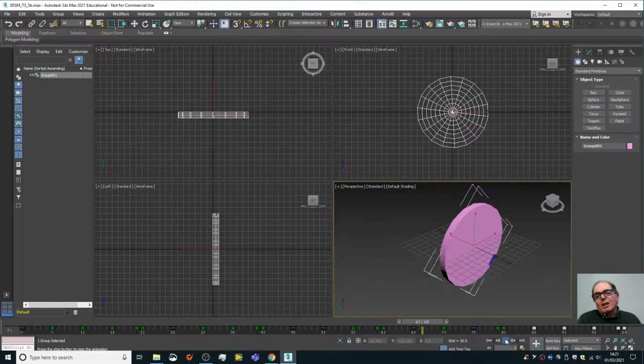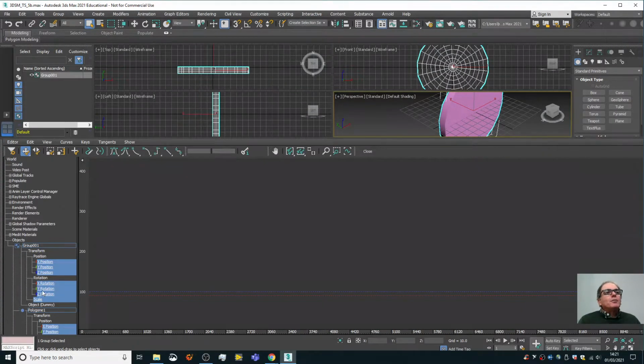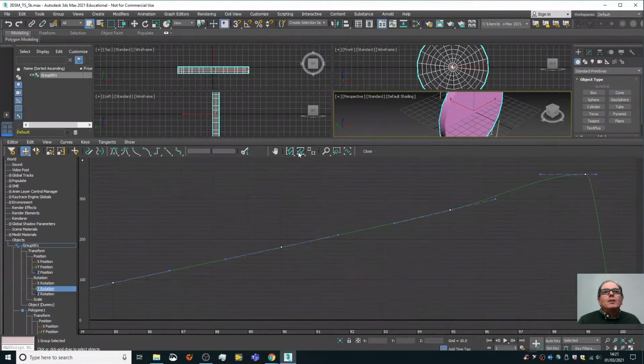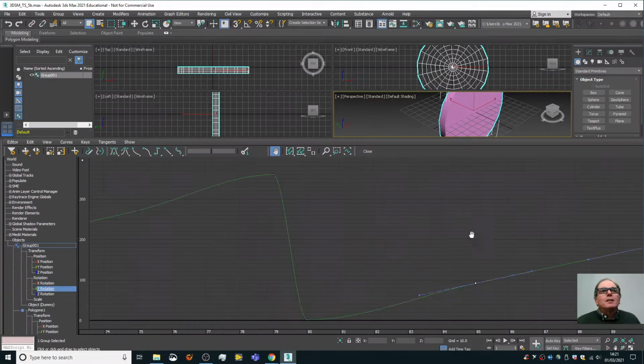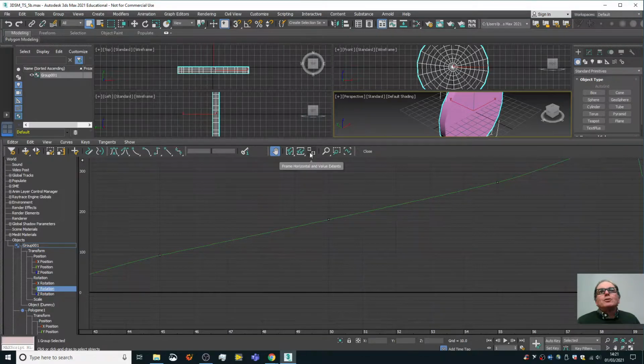And then we can check that this is correct by looking at the curve editor again, and if you've done a good job, we should have the curve repeating itself many times. So what have I done wrong here? It's the Y rotation. We're only seeing from 0 to, but if I click, we can see the rotation repeating itself. So we've done a good job here,